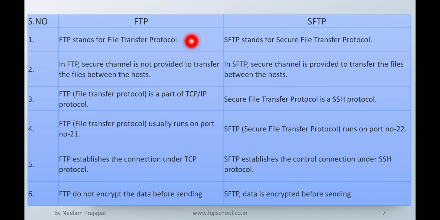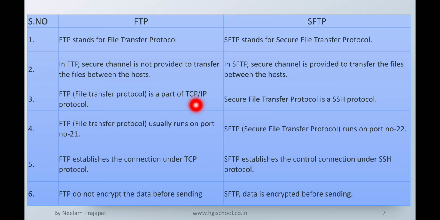Now, FTP we have already studied, but now we will study the difference between FTP and SFTP. SFTP is also a type of file transfer protocol which is secure. FTP stands for File Transfer Protocol, and SFTP stands for Secure File Transfer Protocol. In FTP, a secure channel is not provided, but in SFTP, a secure channel is provided.